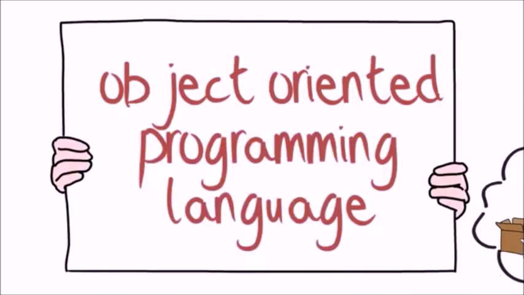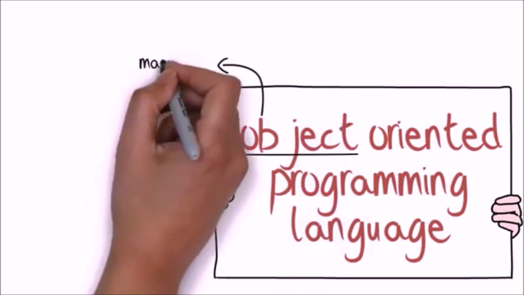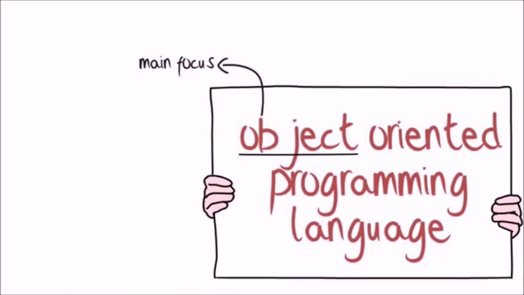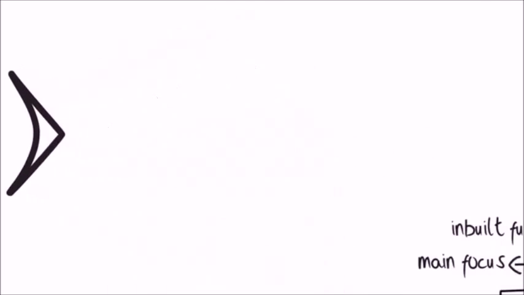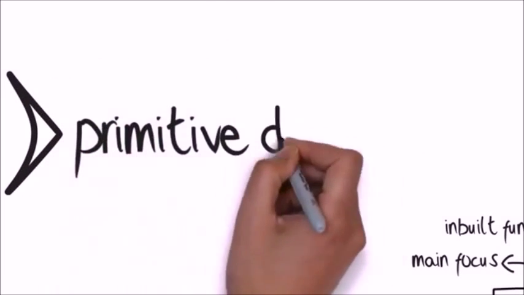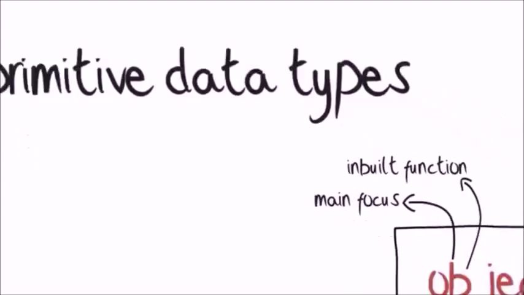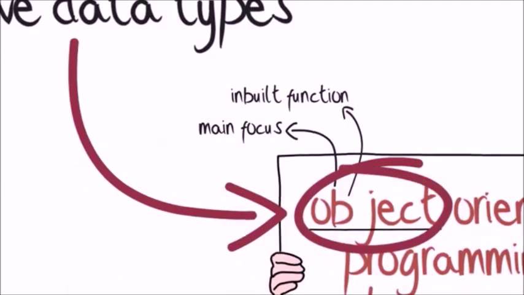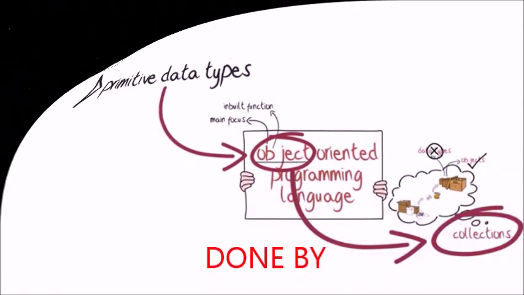Java is an object-oriented programming language. That is, objects are the main focus in Java, and there are a lot of inbuilt functions to manipulate the object in the desired way. It comes to a point when you want a primitive to act in a certain way that only objects can, and add to them more functionality only objects have, such as the collections as we saw. Let's look at